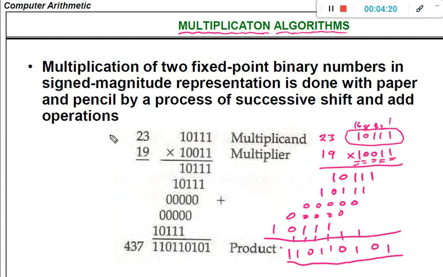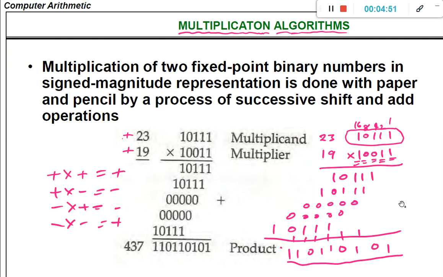As far as the sign is concerned, here we have not considered sign. However, this is plus 23, this is plus 19. We know plus into plus is equal to plus, plus into minus is equal to minus, minus into plus is equal to minus, minus into minus is equal to plus.